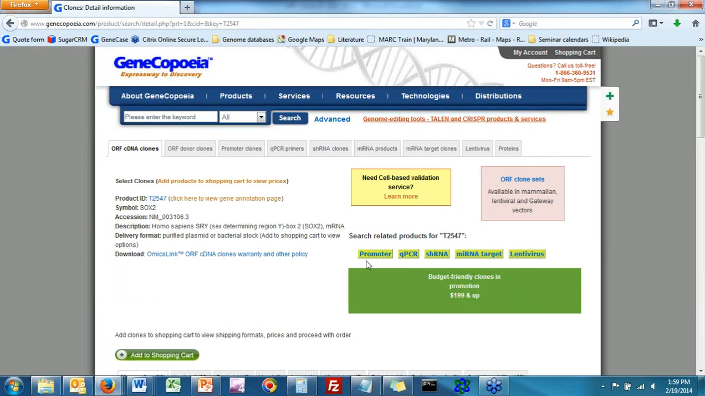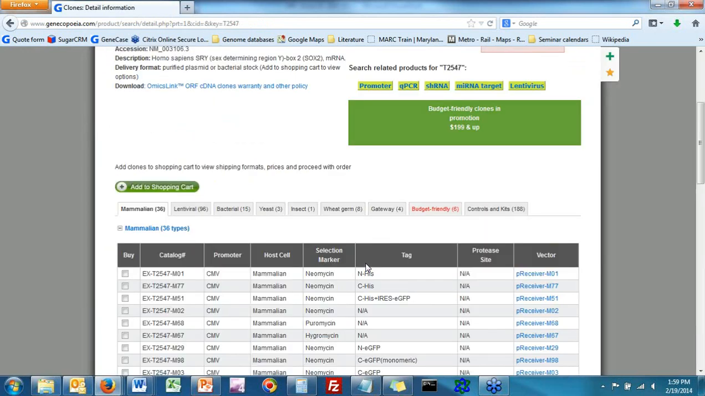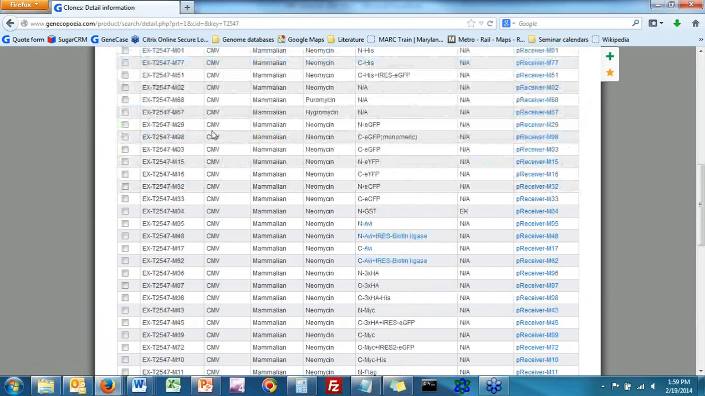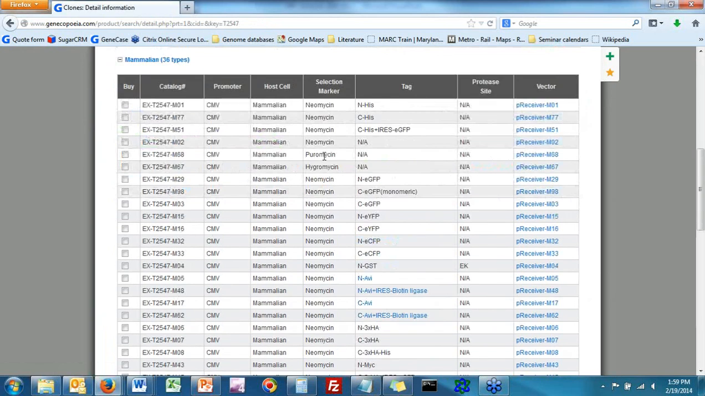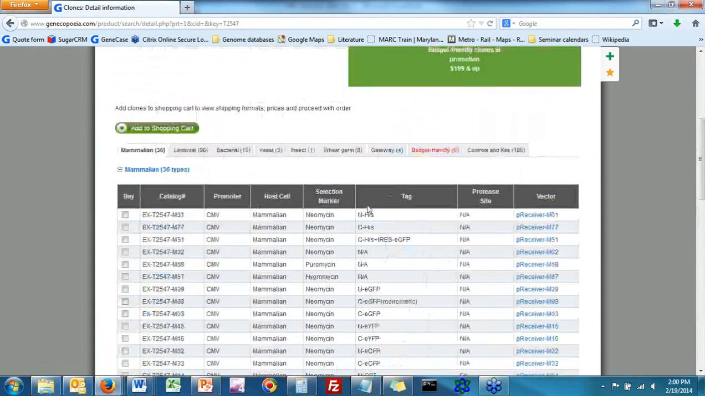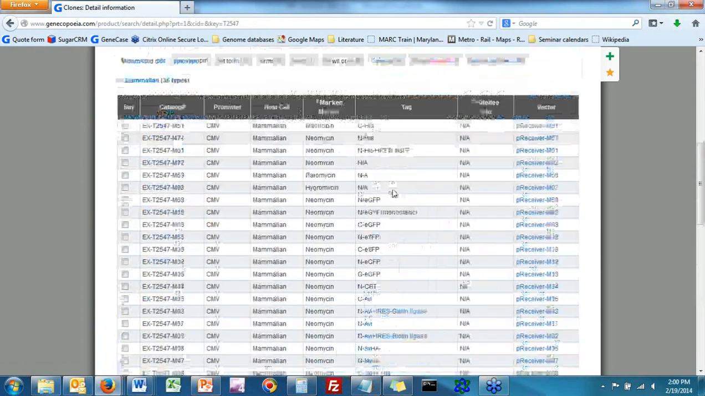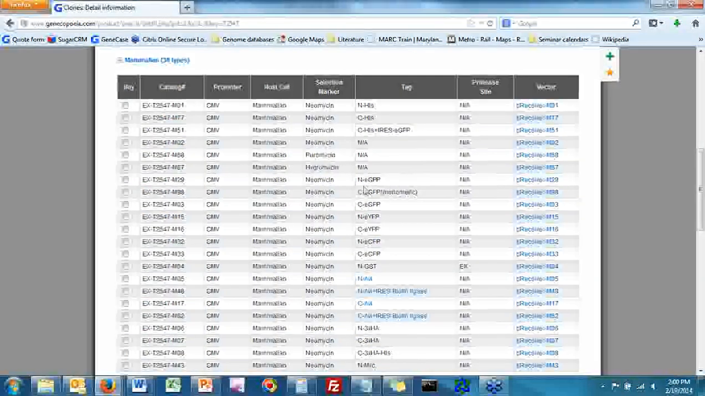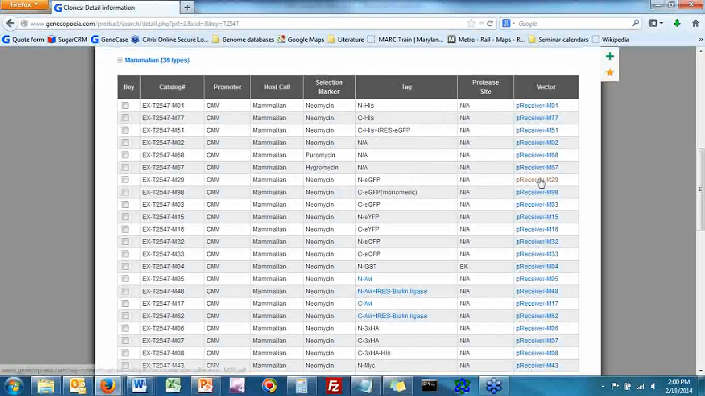And when I do that, I then get many options for ORF clones with SOX2. Now remember, it's the same SOX2 ORF, so it has the same product ID as you can see here, but it has many other options which are based on either the marker or the tag. So I'm interested in ordering SOX2 with an N-terminal GFP tag. So I find that here, and if I want to, I can look at the map, look at a basic